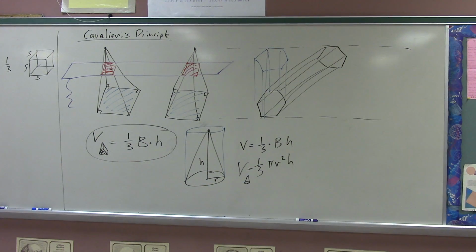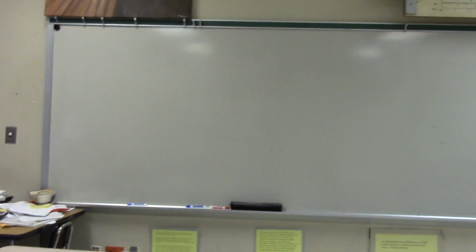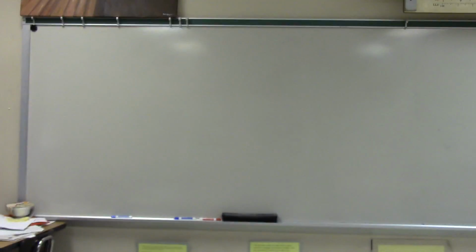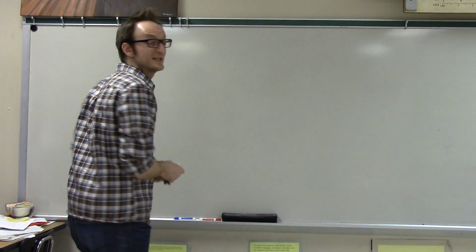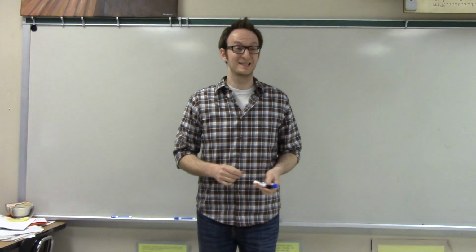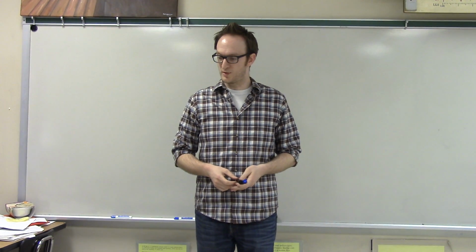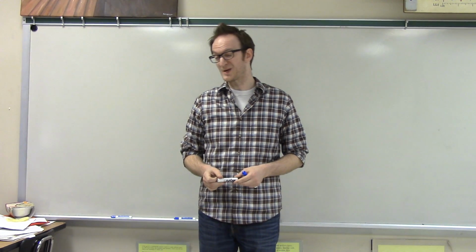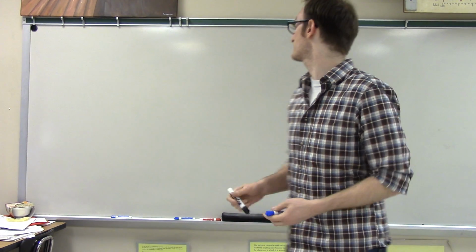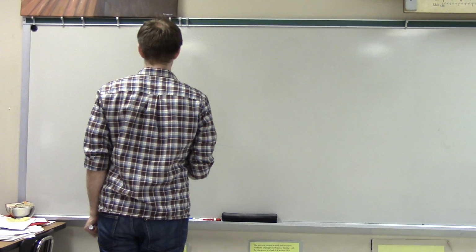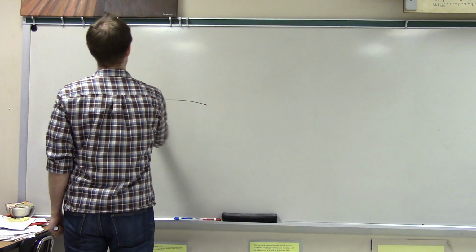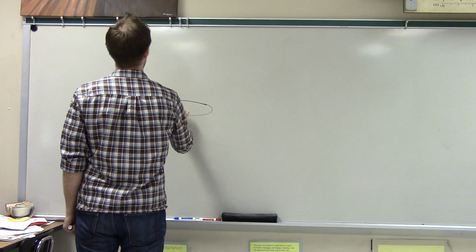All right, this was all relatively straightforward. It's about to get really hard, and that is because we are going to talk about the sphere. All right, how do we find the volume of a sphere? Well, it seems hard. It doesn't seem to be easily decomposable into really anything. So this is what we're going to do. Instead of talking about the sphere per se, we're going to first talk about the hemisphere. And if I take a hemisphere of radius r,